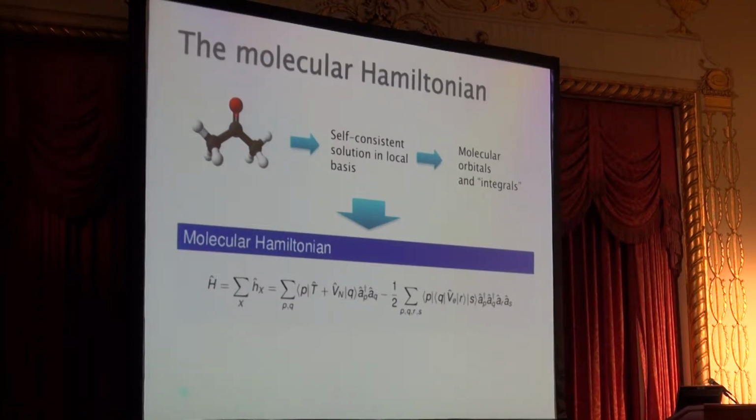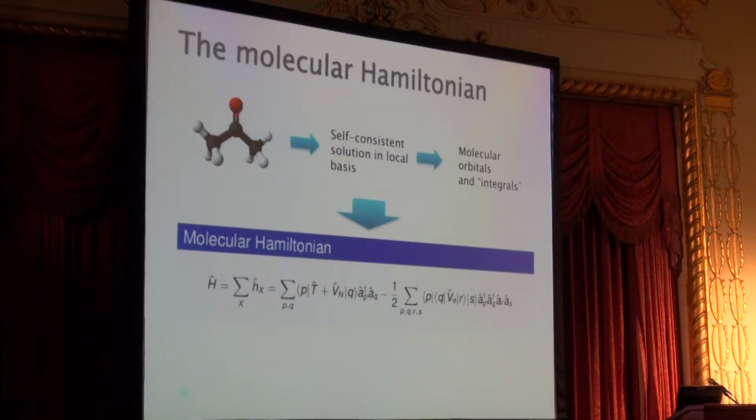So back when I was a postdoc in 2004 and 2005, I was thinking about how to use simple algorithms such as Seth Lloyd's phase estimation and so on to actually simulate quantum chemistry using this molecular Hamiltonian. Just to remind you, what goes on is that these parameters, these integrals, are obtained efficiently with a classical computer, okay? And those are the parameters for the Hamiltonian that you're going to simulate.